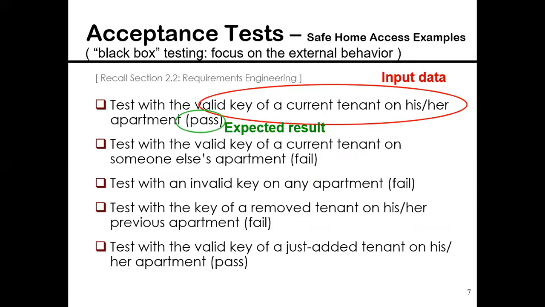Safe home access examples. Focuses on the external behavior. Test with the valid key of a current tenant of his apartment, pass expected results. So this is an example of how you carry out acceptance testing. So what most of you guys, when you're telling us that, now, here's the thing, for your projects, I believe